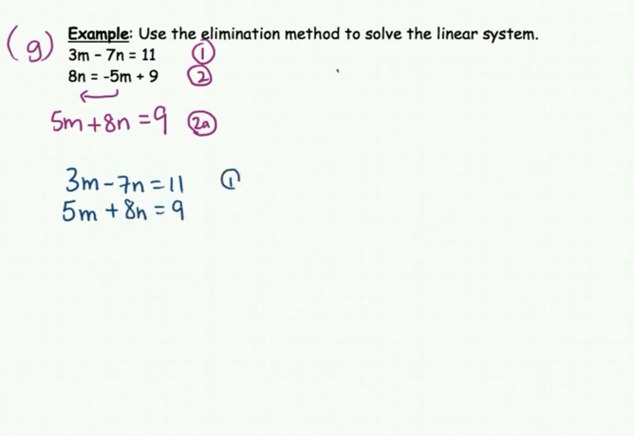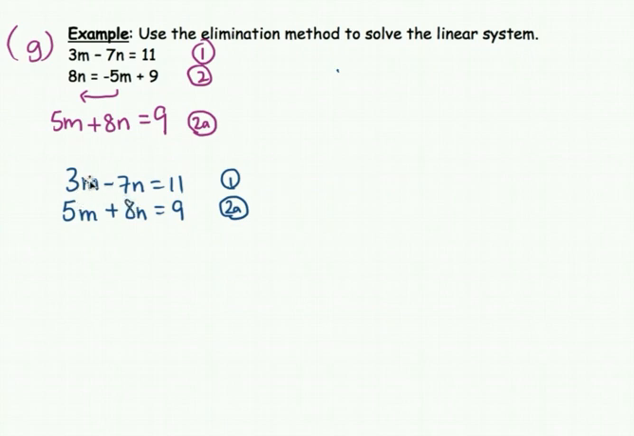Okay, there's equation 1, equation 2a. All right, so when they're lined up like this, the letters are all lined up, the m's are lined up, the n's are lined up, the equal signs lined up, the constants are lined up. So from here, the first step for the elimination method is that we have to try to eliminate one of